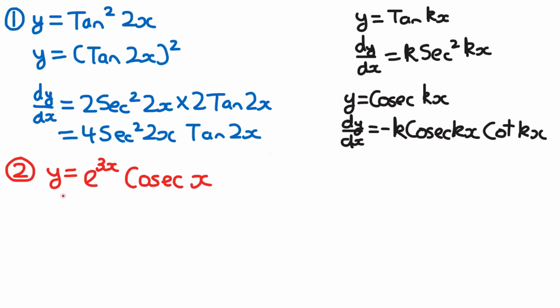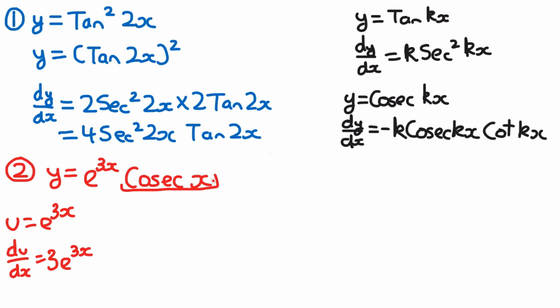And then for the second example, we have y is equal to e to the power of 3x multiplied by cosec of x. We need to differentiate this. And because we have two functions multiplied together, we need to use the product rule. So again, go back to the product rule video if you need a reminder of how this works. But we call one of the functions u, so let's call e to the power of 3x u, and then du over dx is going to be, and if you differentiate e to the power of something x, this constant will come down as the coefficient, so it's going to be 3e to the power of 3x like this,